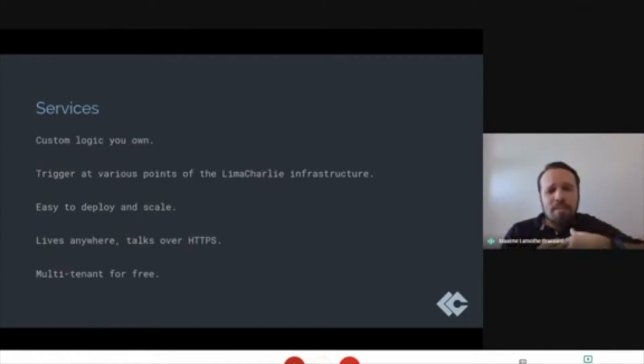So what that means is that this service lives anywhere that you'd like. And really the only requirement is that it talks over HTTPS and JSON is the language. So very universal language on the web. As long as the LimaCharlie clouds are able to reach your service and talk over HTTPS, you're good to go.